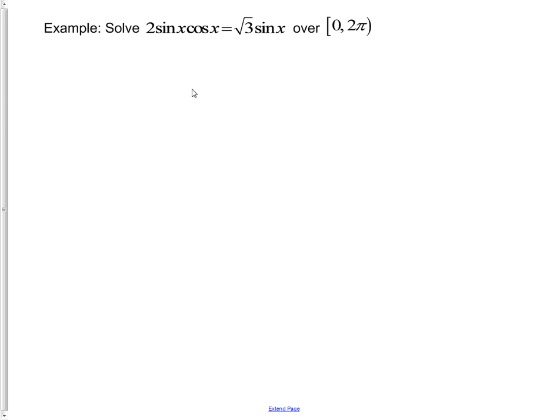So now this time, to solve an equation like this one, we've got 2 times the sine of x times the cosine of x is equal to square root of 3 times the sine of x. We do have to remember that there is a certain principle at work right here. Namely that we have the kind of equation in which it would not be appropriate to divide both sides by